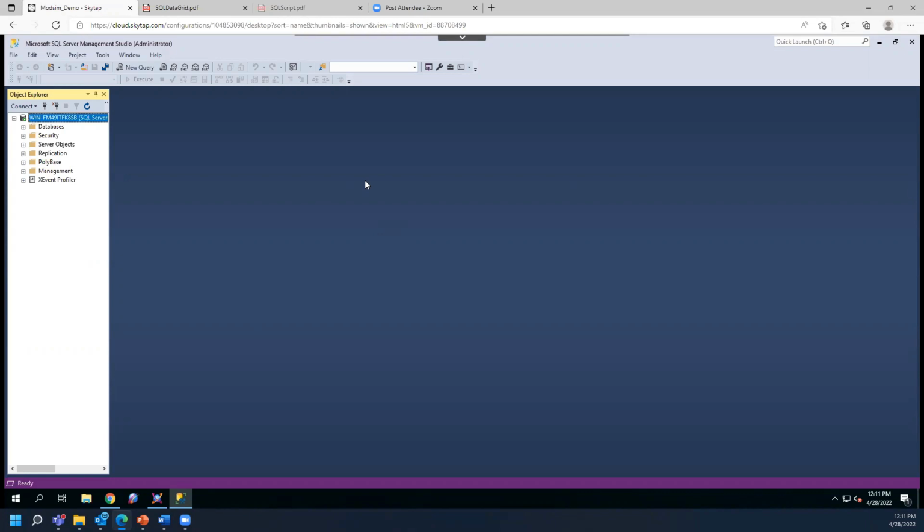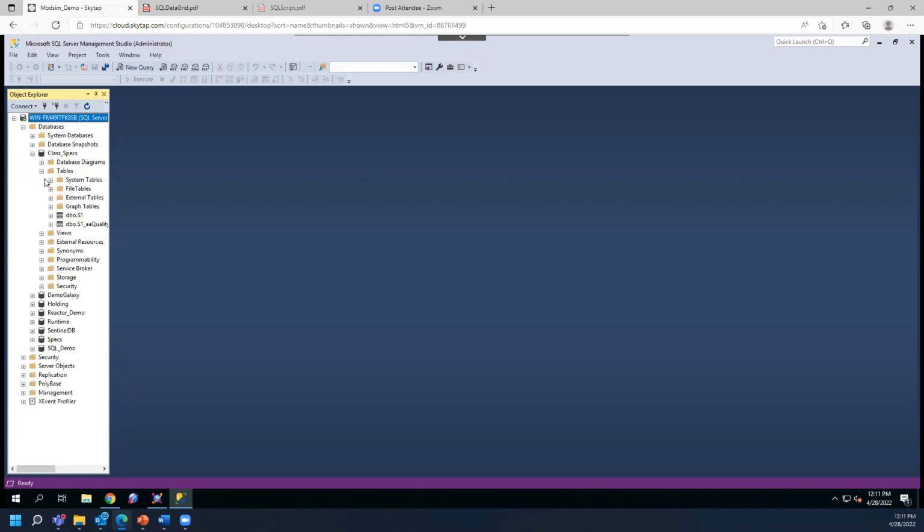Because this is my machine and I'm the only one using it, I'm okay with using Windows authentication. But System Platform allows you to use both types of authentication. I won't be digging deep into that, but I'll show you where that's configured. So I previously prepared the database here. And again, this is a very high level overview. I'm not going to be digging deep into the Management Studio here, but just to show you that I've created